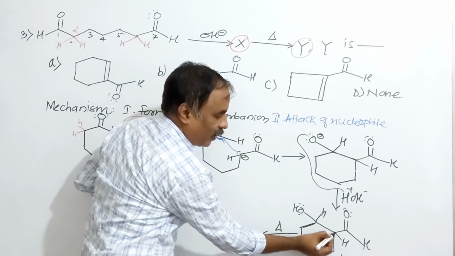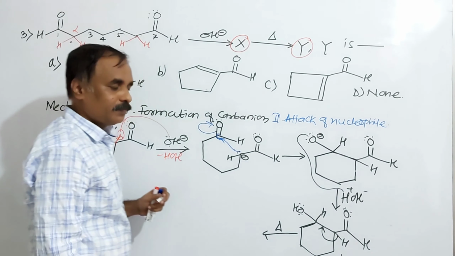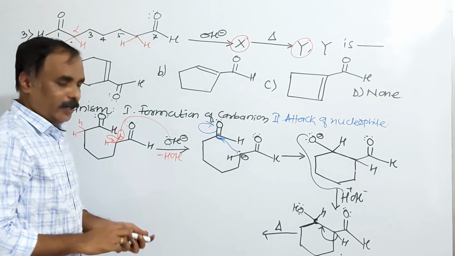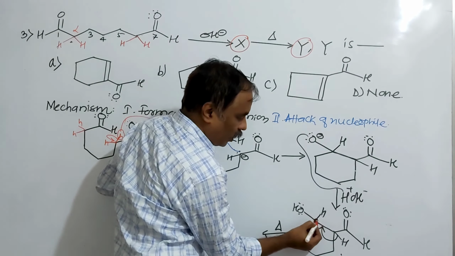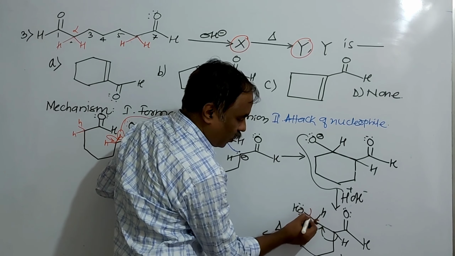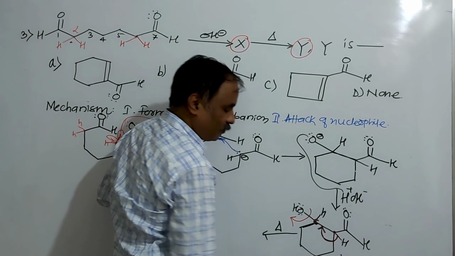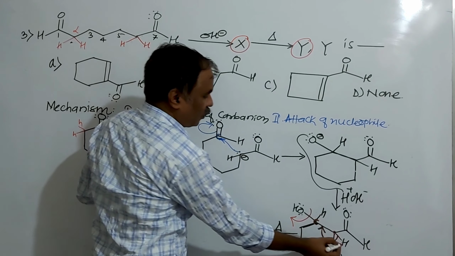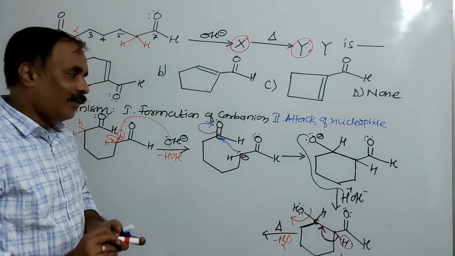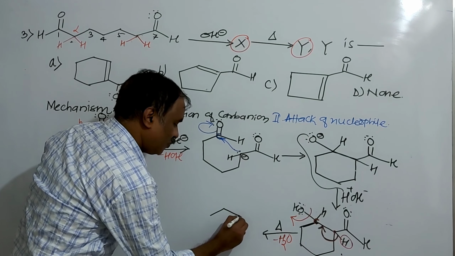So this is the alpha carbon atom. The carbon hydrogen single bond breaks, with shifting here, and a carbon carbon double bond forms. After formation of the carbon carbon double bond, count the valency of this carbon. इसकी valency कितनी है? The total number of bonds to this carbon is already 1, 2, 3, 4 and this new bond, यानी 5. So the carbon hydrogen single bond breaks, shifting takes place here, and OH is removed. This H and this OH are removed as H2O, and an alpha beta unsaturated aldehyde is formed.